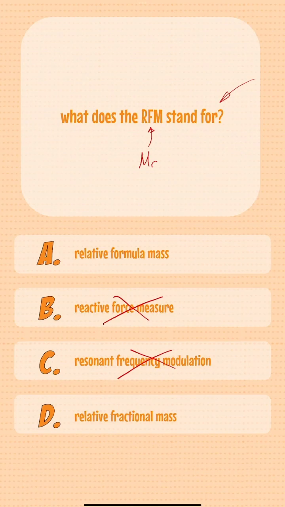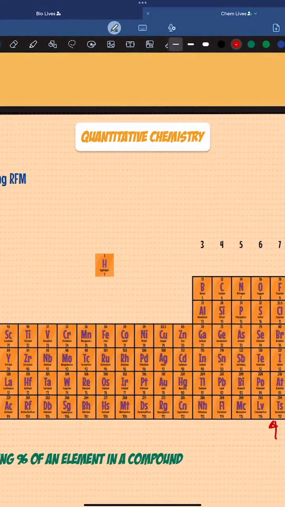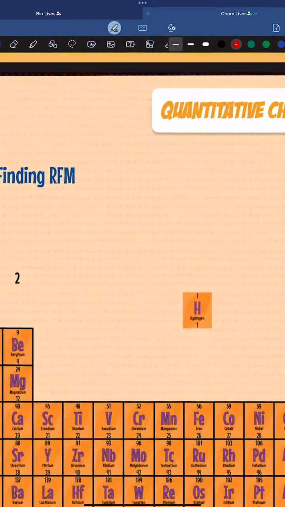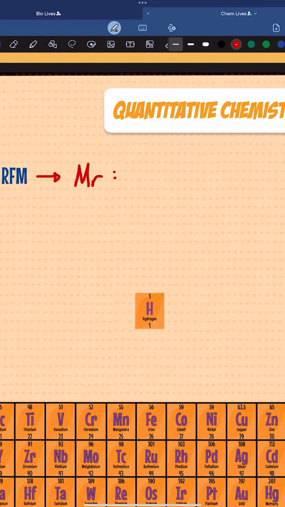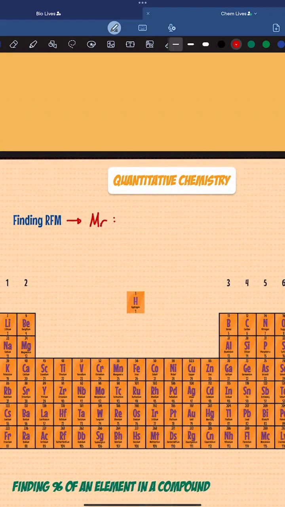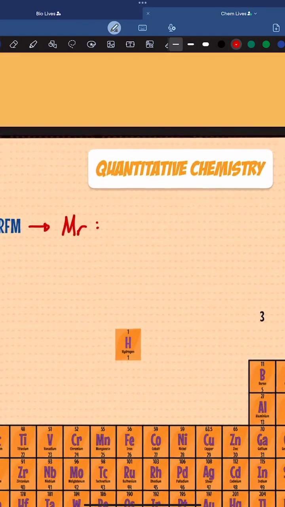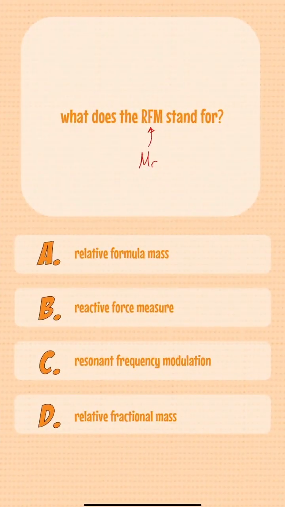It's going to be A, most of you have got it. It's going to be relative formula mass. So let's look at our notes. Let's add to our notes. So RFM, which we also call MR. How do you find out the MR of a compound? How can you do that? So for that, you need a periodic table. So down here, we've got periodic table. And what you do is you add up all